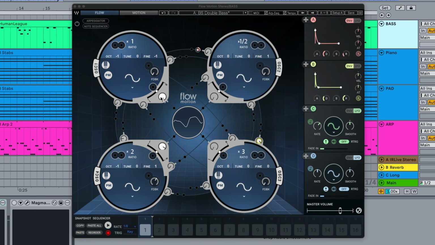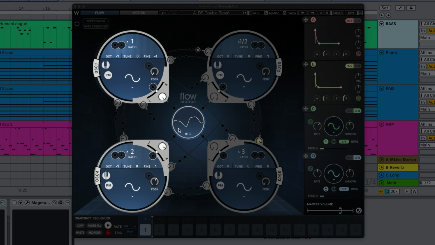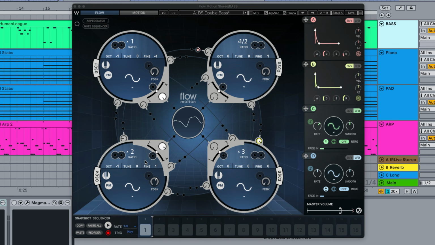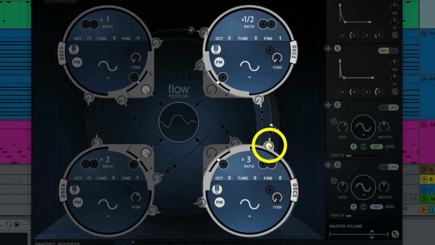Did you see there? We have this going down here, this one going here. That means those two oscillators here are the carriers. Now, see if you can notice where the modulators are. Now, did you see this one here is sending modulation to this one? Now, if I turn that down,